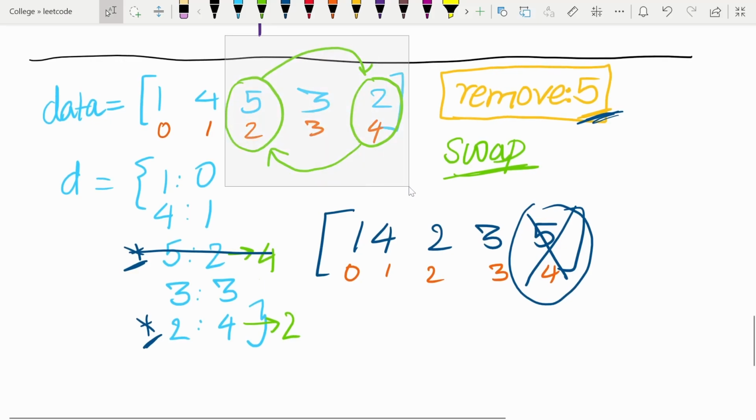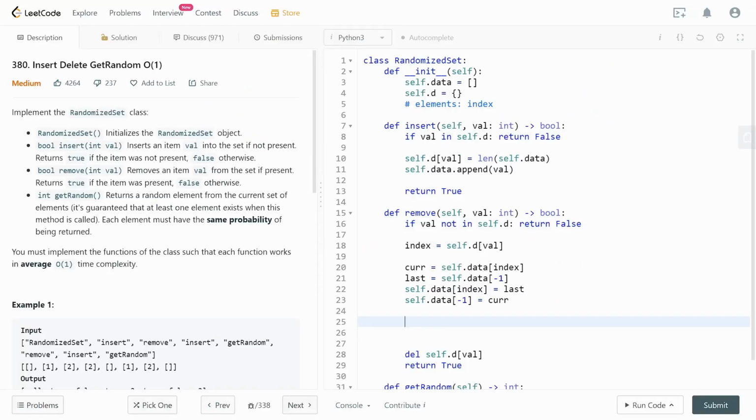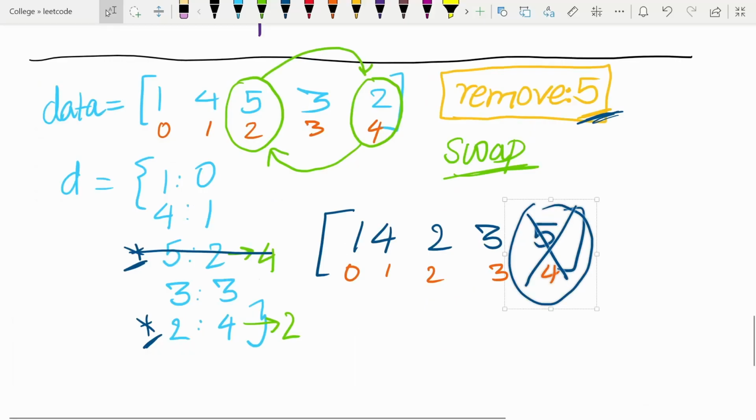This is this green thing over here. Now we can do this list.pop thing. We want to do this towards the end, so we'll do self.data.pop over here, and we will remove this dictionary listing. Before that, we also want to do one more thing, which is update these indices to be the correct ones. So this one we just remove, so that's not useful. But this one is the most interesting one because I want to be able to go to this element, which is now the,